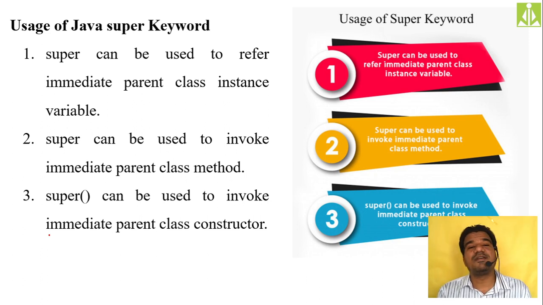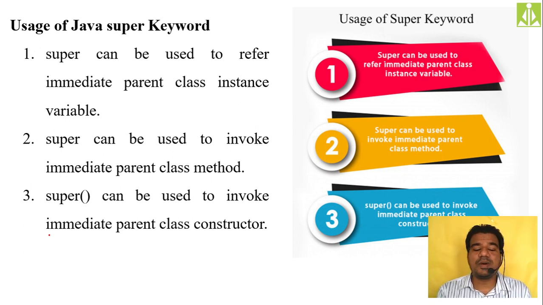See, we are not referring outside of the current class. You have to refer to that immediate superclass object inside the current class only. The super keyword can be used inside the current class. Don't expect that we can use the super keyword anywhere in our program and expect the superclass object to be created. It is not like that. You have to use the super keyword only within the current class, and then only it will refer to the immediate superclass.